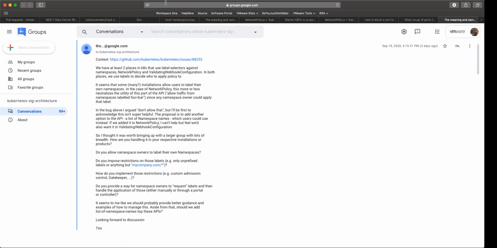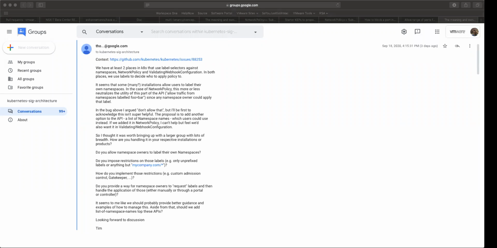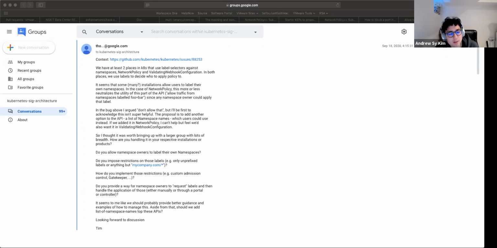Yeah, that's a good point, because we wouldn't want to add an API for selecting against names if the validating webhook configuration ended up doing it differently, right? We want them to semantically look the same. So that is a good point on waiting to see what the community comes up with and then converging on that. Yeah, but I feel like if we were to implement it in the API, it'd just be a list of names, right? Is it more complicated than that?